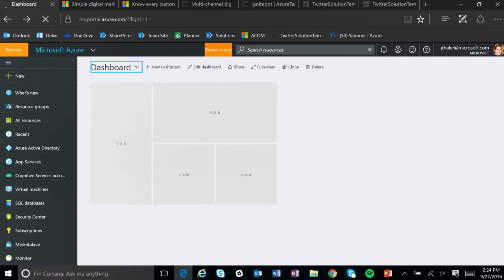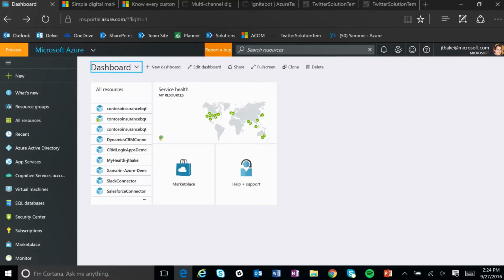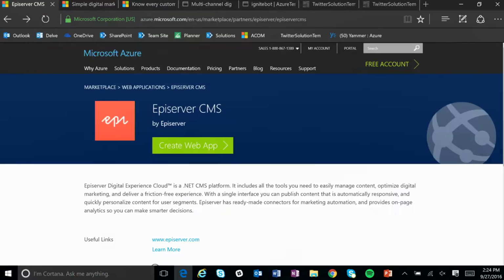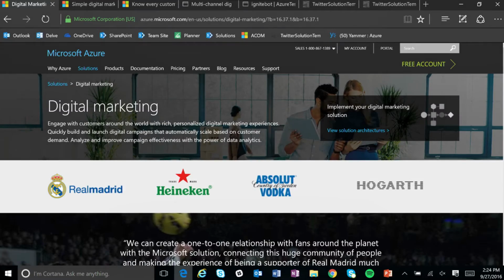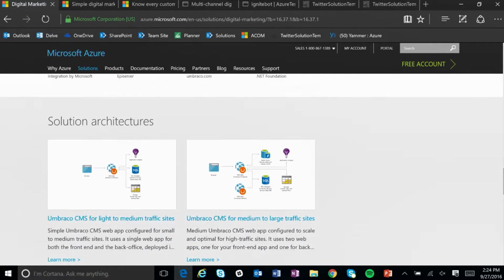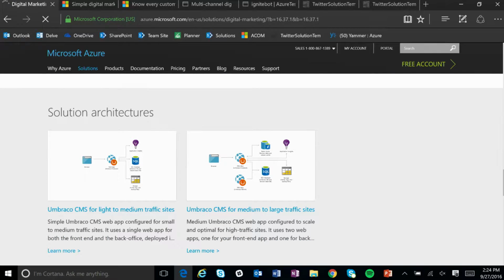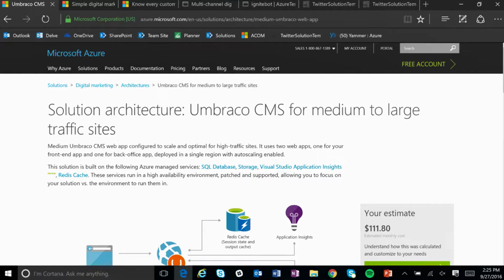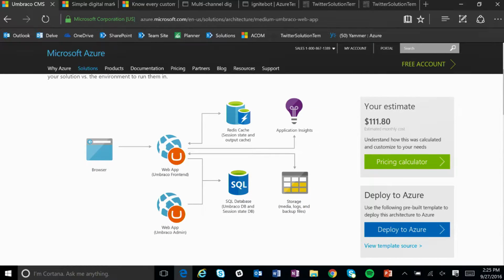if I just go back here, in the case of an Umbraco sample, I can start to see not only what products are involved and more detailed explanations of what's going on with this particular content management system, but I can also get an understanding of how much it might cost me a month to run within Azure, based on the estimates that we see. So in this example, because Umbraco is not part of the marketplace, because it's not a commercial product, we can go through here and click Deploy to Azure, and that would also jump into the portal and deploy Umbraco in this particular configuration.